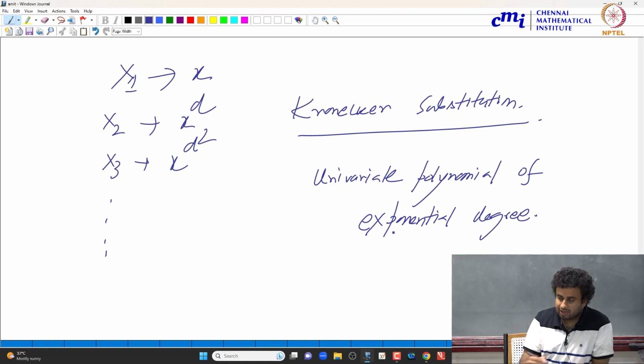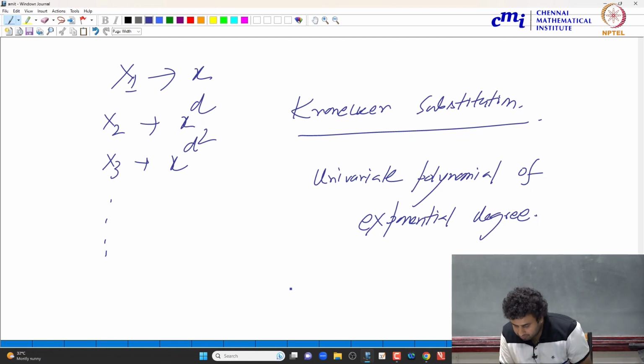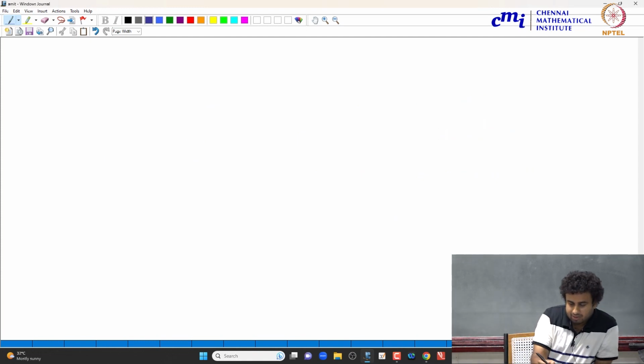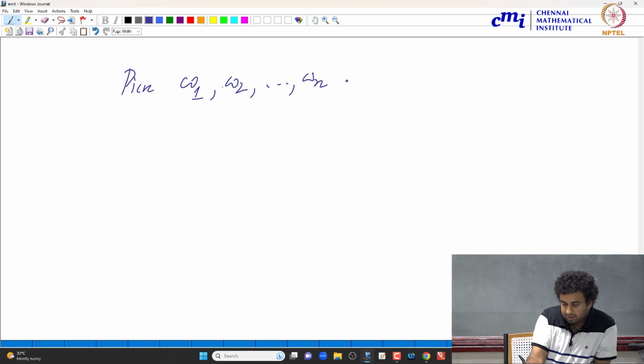So this also does not help in PIT, because obviously this polynomial will have a number of roots upper bounded by the degree, but that bound itself is exponential, so you cannot try out all those values. So another idea to modify this can be, you pick w1, w2, ..., wn, which are some rational numbers, at random,